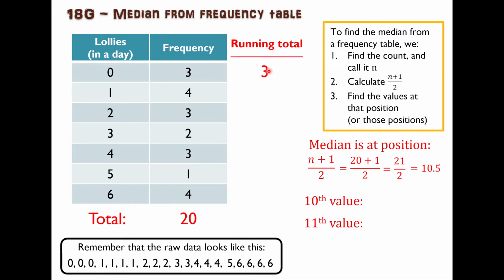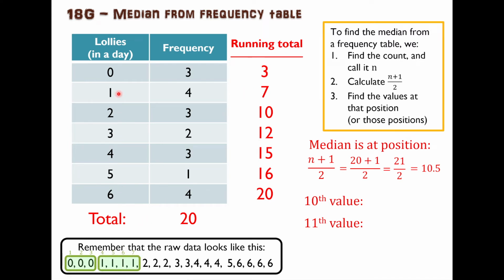So the total so far is 3. 3 plus 4 is 7. 7 plus 3 is 10. 10 plus 2 is 12, and so on. This 3 represents that items 1, 2, and 3 are 0. The 7 represents the items 4, 5, 6, and 7. After 3 comes 4, so 4, 5, 6, and 7